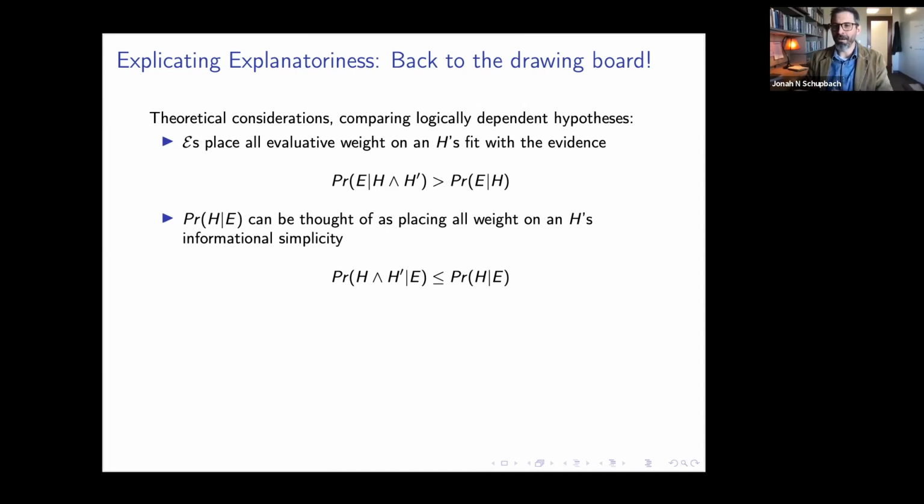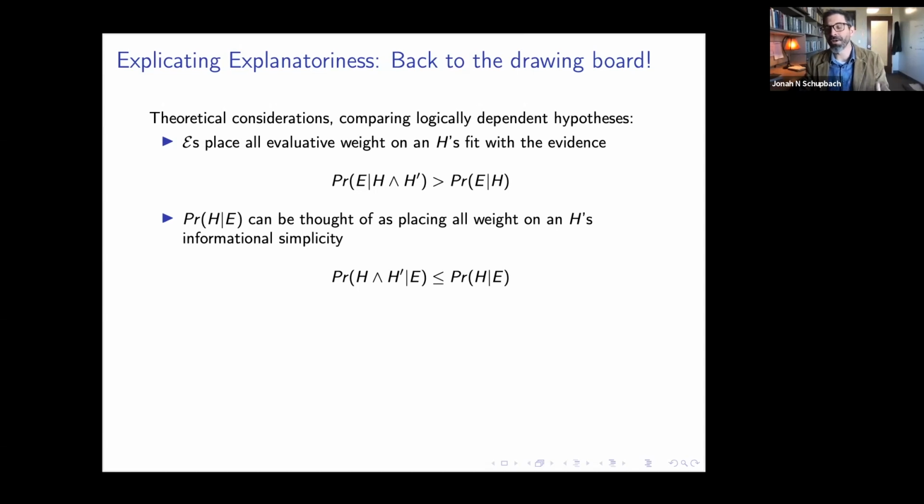So in one hand, we have informational simplicity completely discounted in favor of evidential fit. And in the other hand, with posterior probabilities, we have evidential fit completely discounted in favor of informational simplicity. And those are sort of two extremes, and that gives us a theoretical way to maybe try to draw a balance between these two. Because after all, remember the goal here for fruitfulness is to hit the truth.